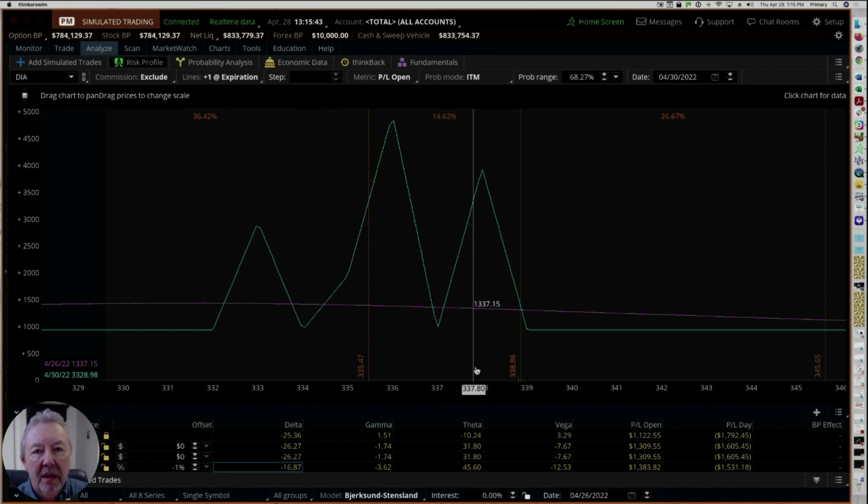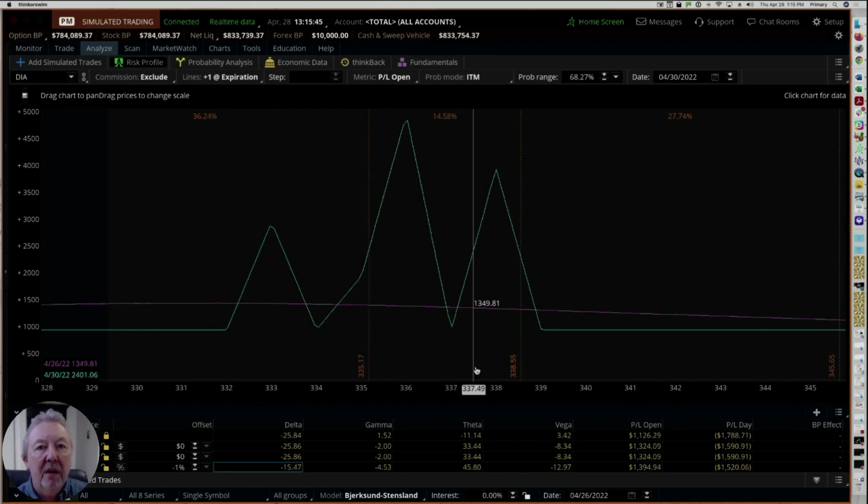Even if you have a smaller account, if you've got a couple thousand dollars in your account, you can put some of these on. If you have a $5,000 account, you can put some of these on. If you have a larger account, you're going to absolutely love this, because it's going to allow you to generate income on a regular basis without the margin requirements of credit spreads, without the risk of selling individual options on stocks like puts or calls, and then getting stuck with those stock positions if they go in the money and get assigned to you.